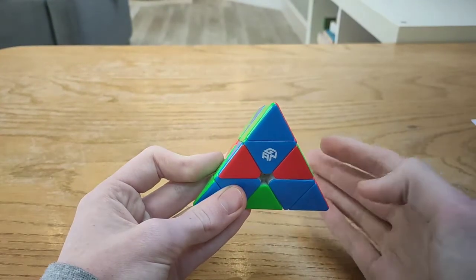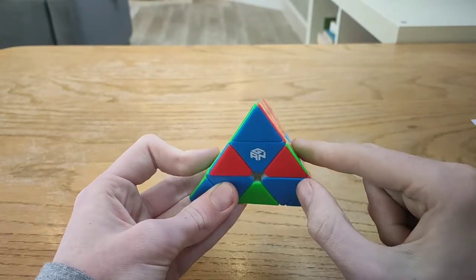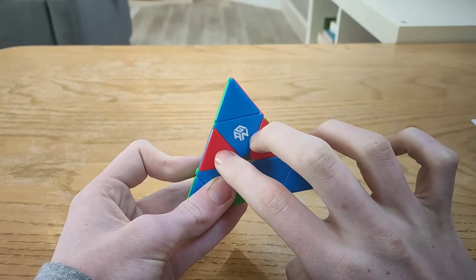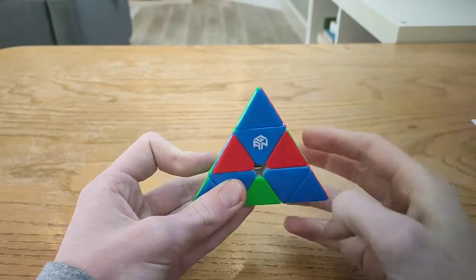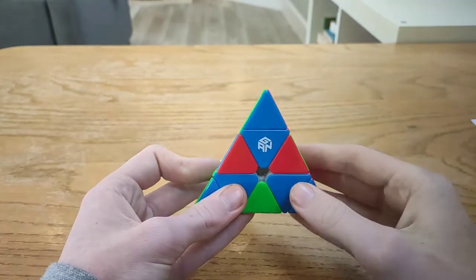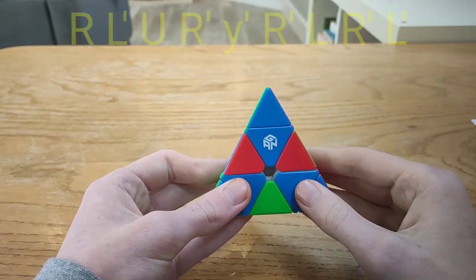In this case, you have three pieces on the top that all need to be cycled round to the right. So these two reds need to go here to the right. You can hold the top and bottom any way you want, and the algorithm is